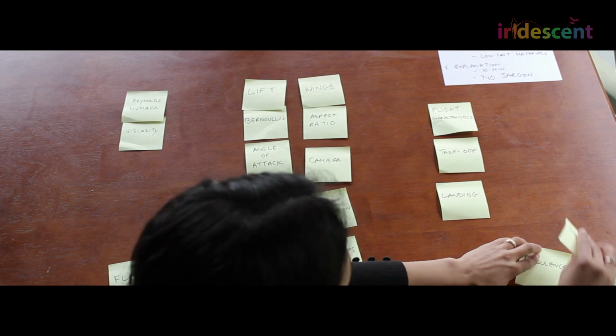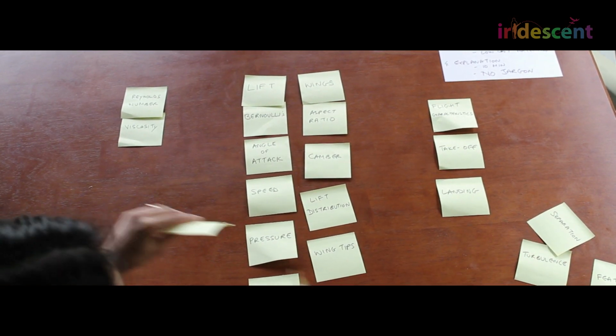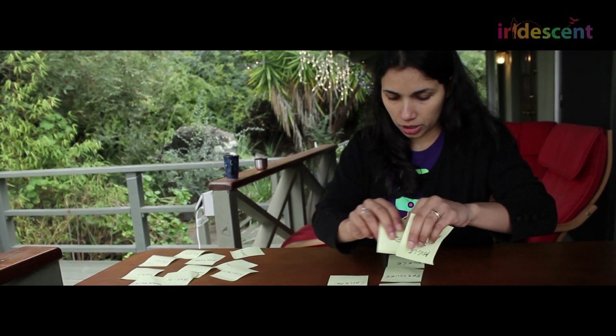Maybe the turbulence and separation we can put into the parking lot for now. Lift, a very, very key concept, and the fundamental one here. So it's very complex. So what is actually happening on the wing in terms of the air molecules? What's happening to the air molecules on top of the wing and on the underside of the wing? So we want to talk about pressure and forces. So maybe that's on the first introduction, and then we can talk a little bit about Bernoulli's principle,